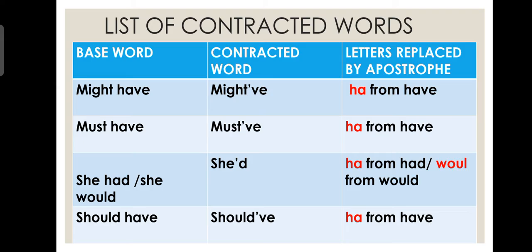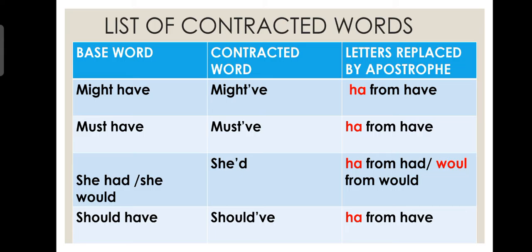Next is she had or she would. In both the word forms, the contracted form is she'd. That is, she remains as it is and we are removing HA from had or WOUL from would,